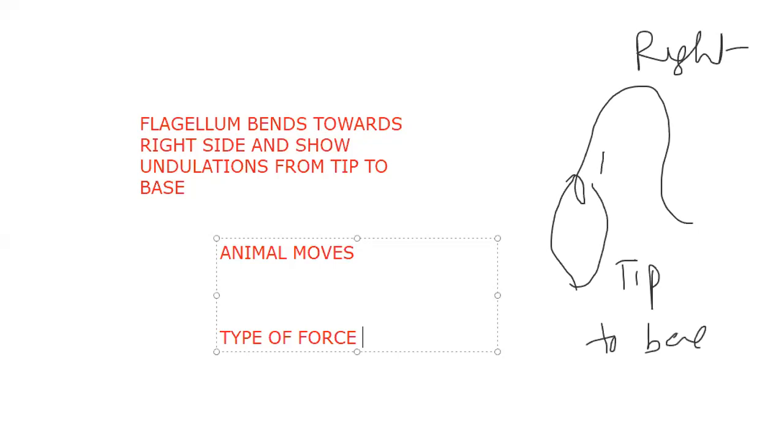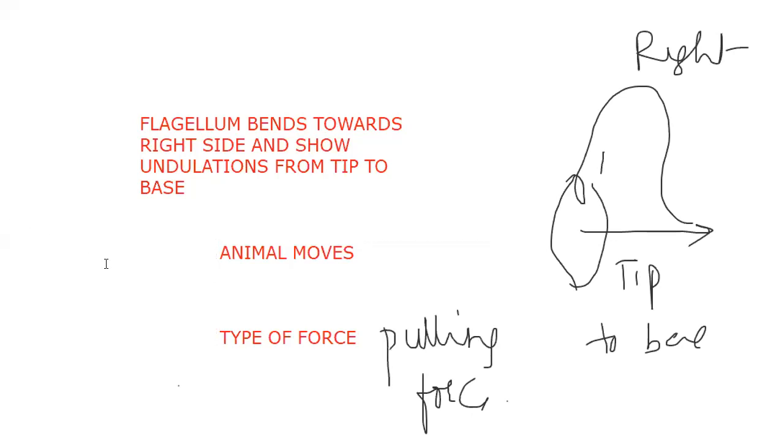So the organism moves in the same direction. Why? Because what type of force is it? Pulling force. Very good. So I am getting confidence here. You got the complicated part of this chapter, and you made it fruitful actually. So you understand very well. Animal moves on right side only. We have the last question here in the series, that the flagellum